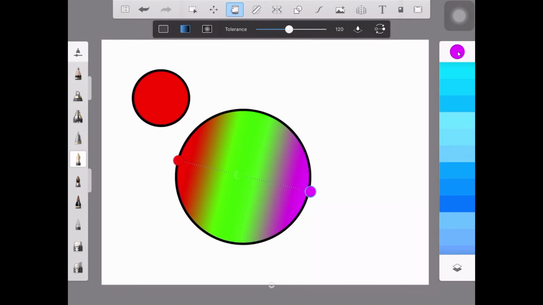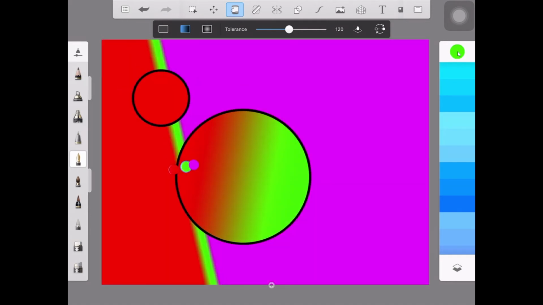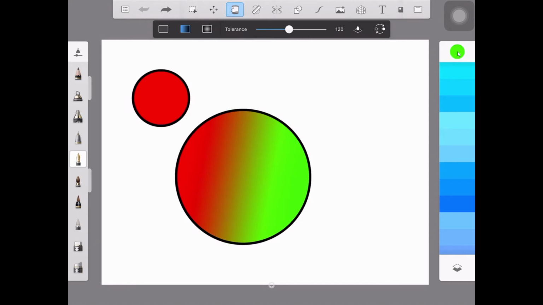Now you can just simply again adjust these circles. Oh sorry guys, undo, to adjust the value. Okay, so that's it. Guys, let's move to the next tool. Next we have the radial fill.